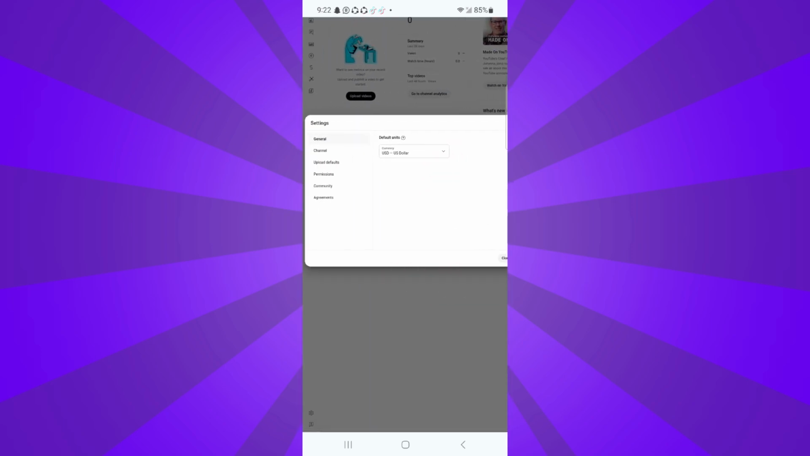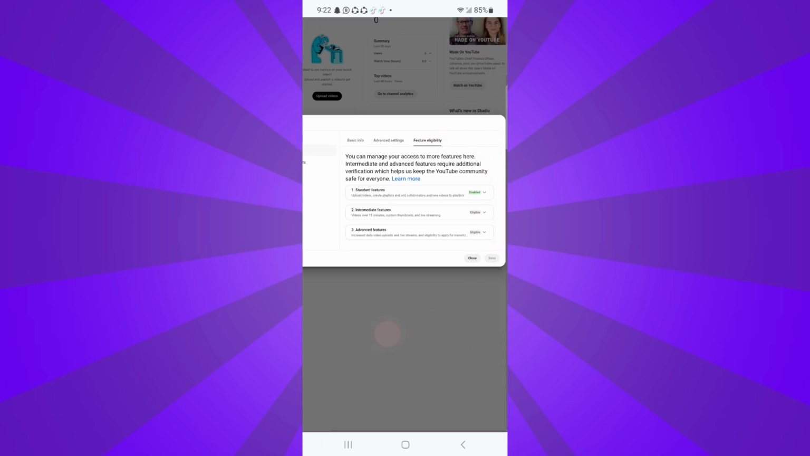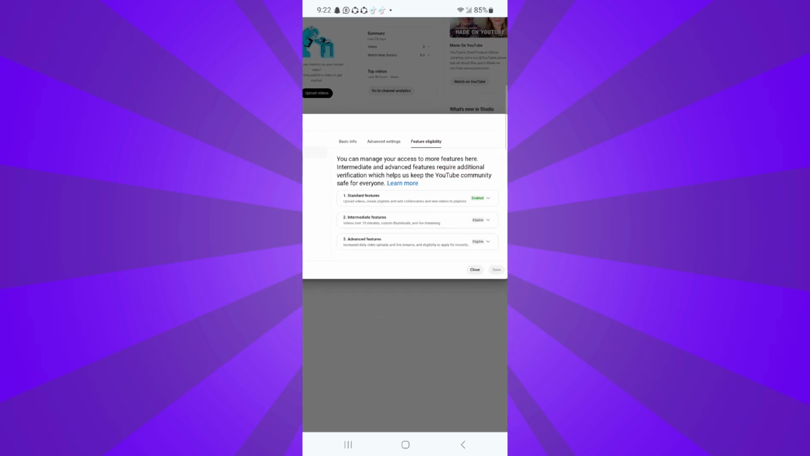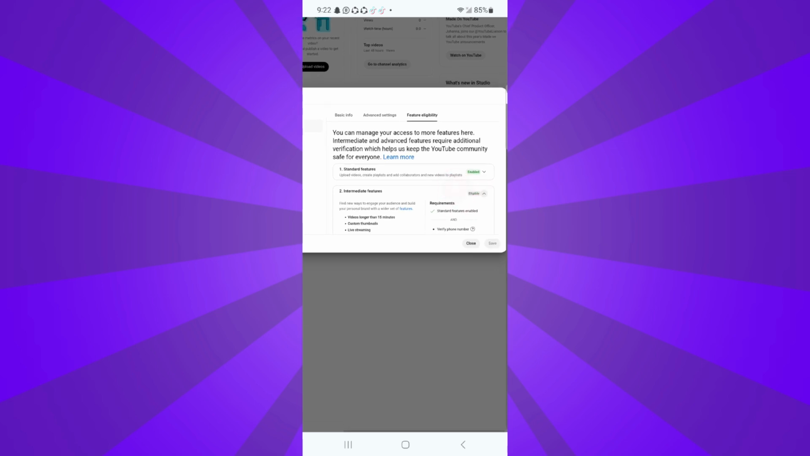and in the settings option click on Channel, and here you have to click on Feature eligibility. And here you can see on the second step, Intermediate features. Click on it, and here you have to click on Verify phone number,